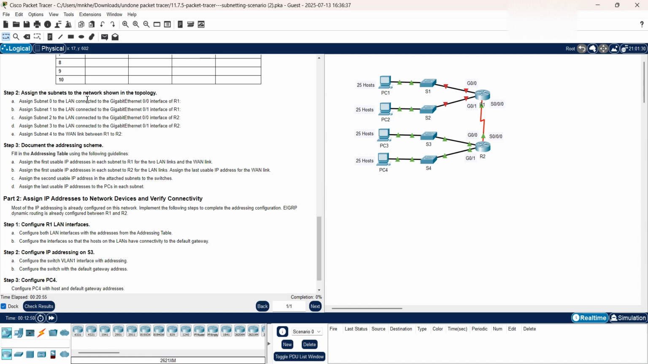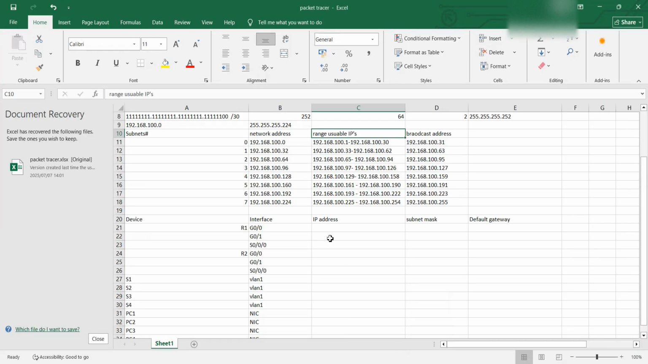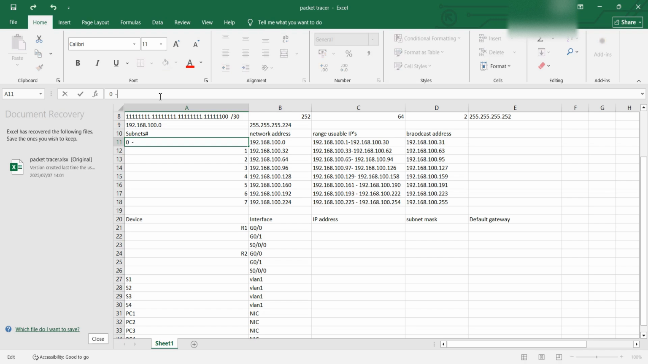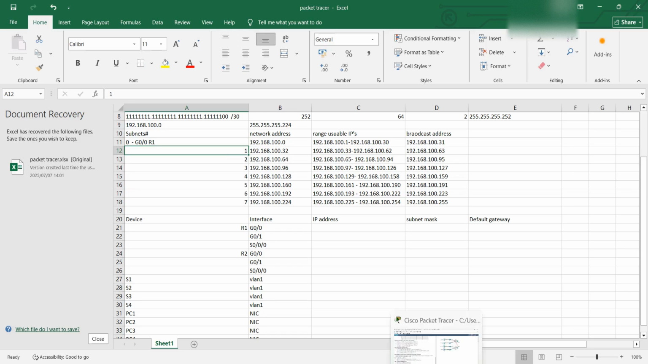And when they say assign the subnets to the network shown in the topology, assign subnet 0 to LAN connected to gigabit Ethernet 0/0 interface of R1. So we go back, and basically they tell us to look at subnet 0. So for gigabit Ethernet 0/0 of R1, we're going to be looking at subnet 0. Okay, we got that part covered. And then